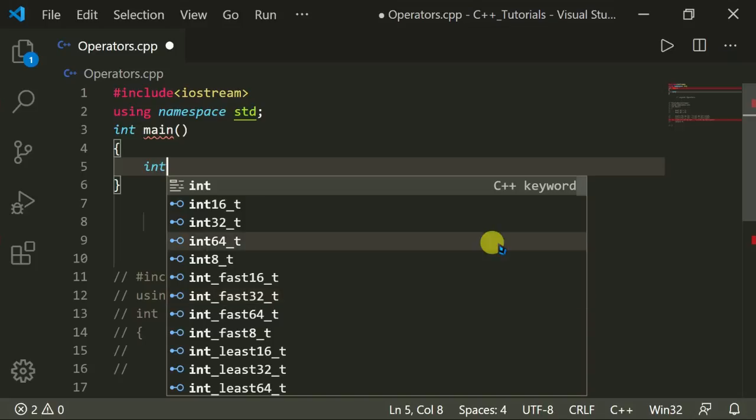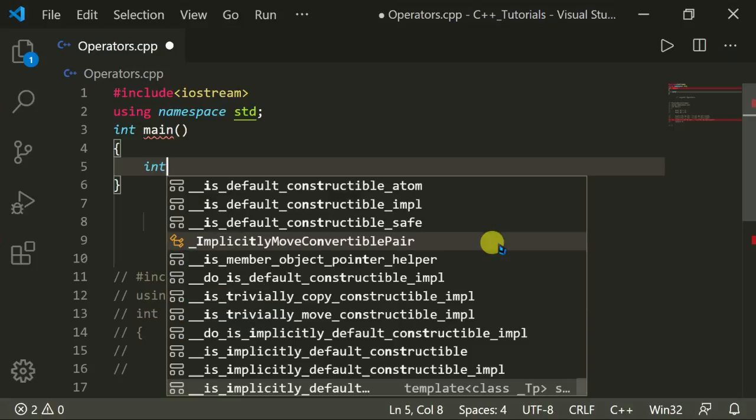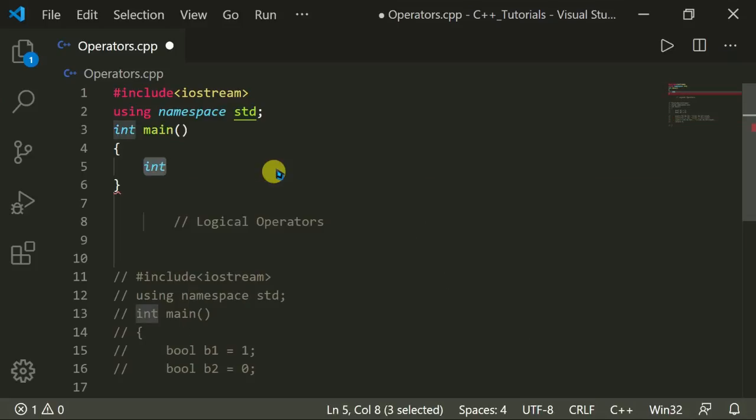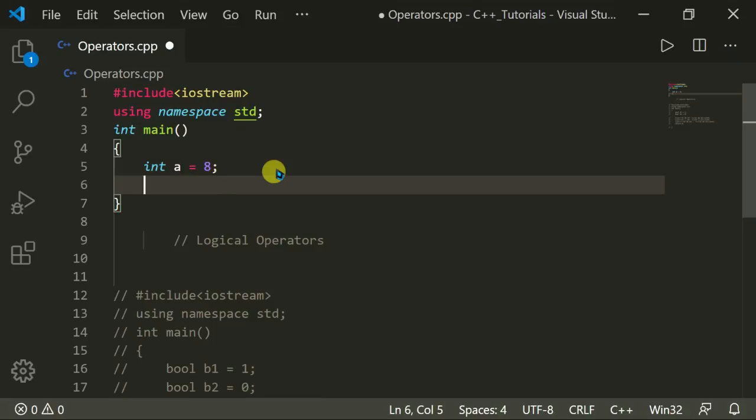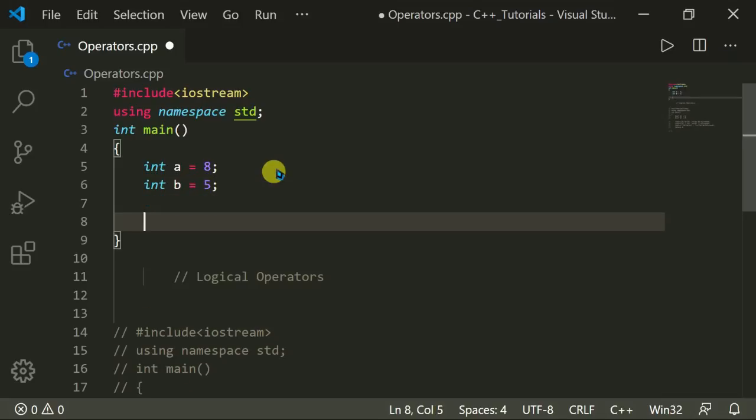Let me take two variables: int a equal to 8 and int b equal to 5.